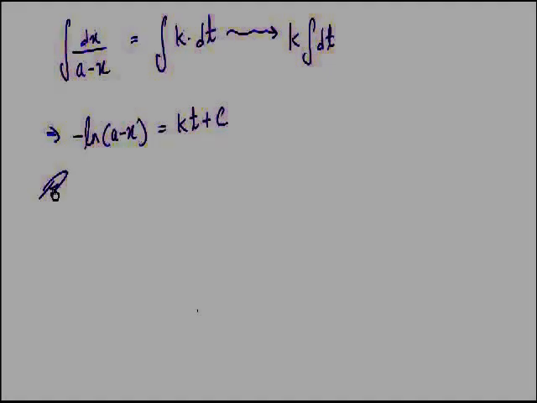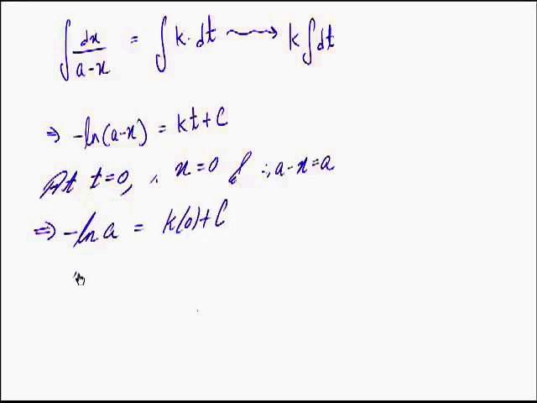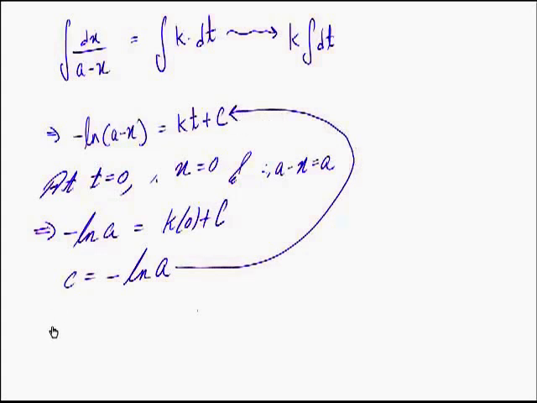Now at 0 time, the value of consumed concentration is 0 and therefore a minus x is equal to a, and therefore we can write this as minus log a is equal to k into 0 plus c, and therefore c is equal to minus ln a. Now can we substitute it here? Obviously, to simplify it further we'll have to get rid of the constant of integration, and what we'll get is ln a minus x